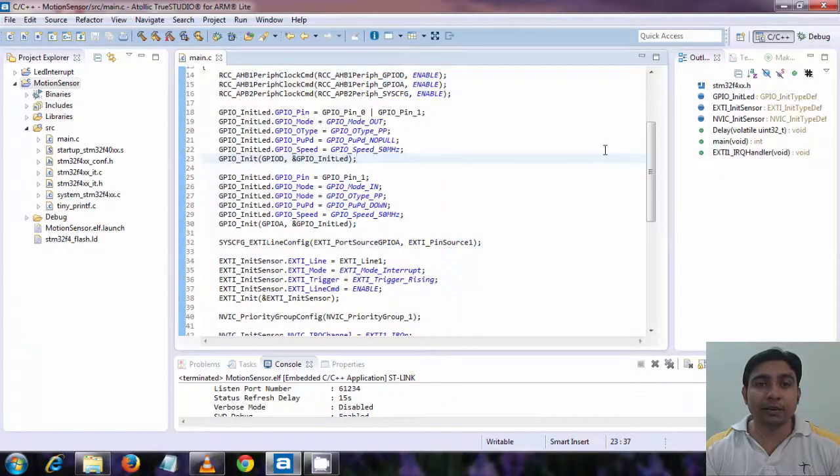Okay guys, so in this tutorial we have created a cool application of motion sensing. There are many other areas where you can use this kind of application. For example, maybe you can make a small application where the room light will automatically switch on whenever some person enters the room. That will be a cool idea for testing.